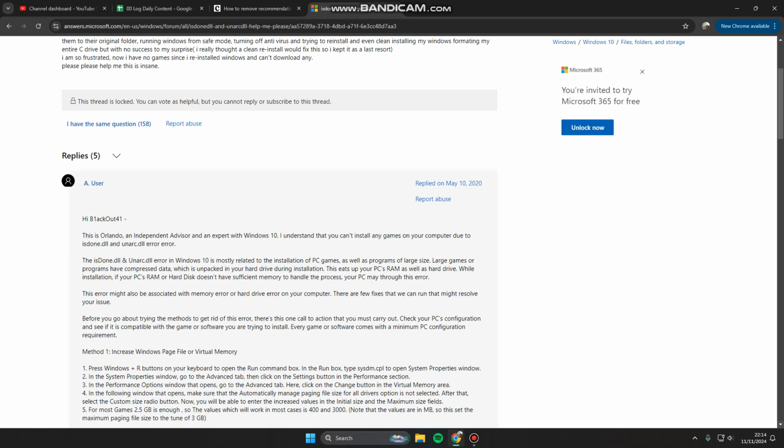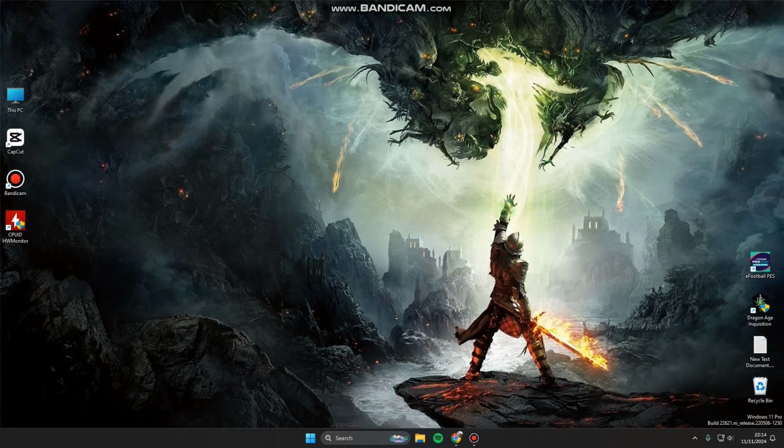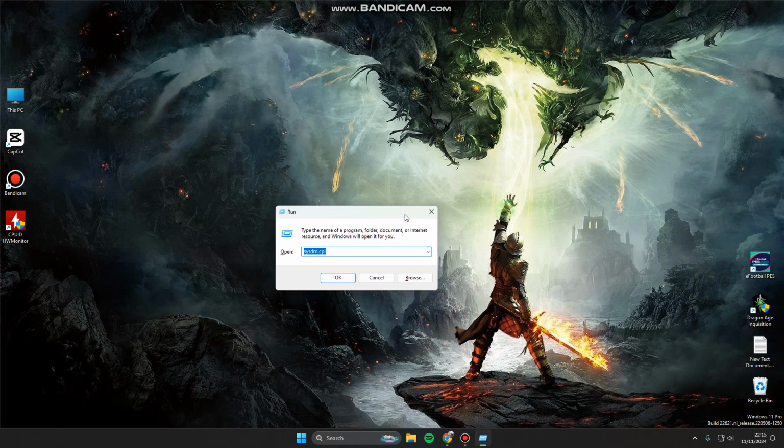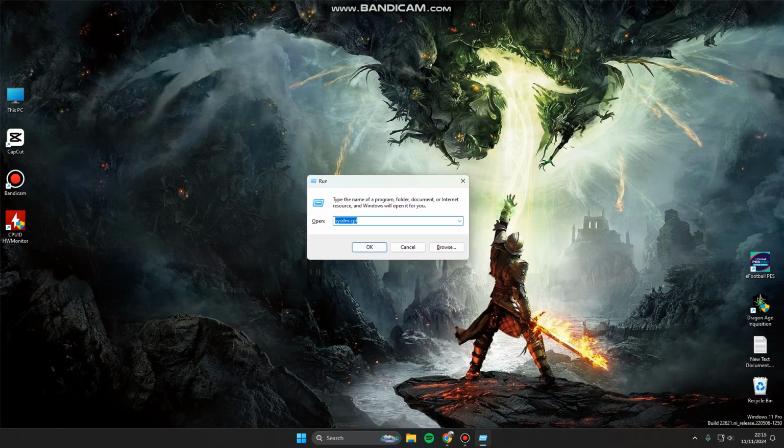In order to fix that, there are some methods, but I recommend you try this method first to increase the Windows page file or virtual memory. So you can hold the Windows key on your keyboard and the R key in order to open the run box here. So you can type ISDone.dll to open system properties,